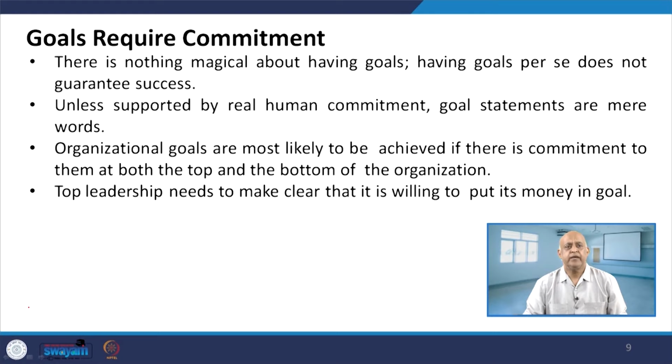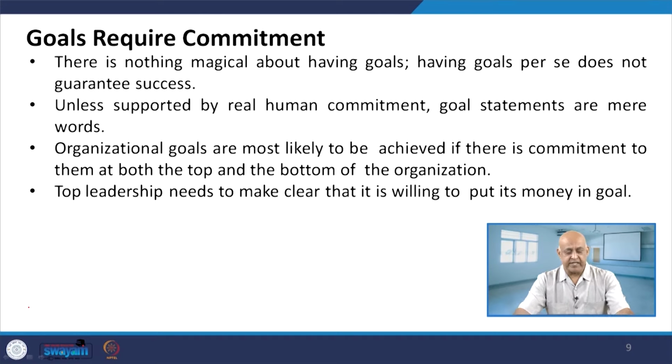Now we have talked about leadership, employee commitment and employee engagement, right. So whenever any goal is decided and it is a challenging goal, as we have discussed, then very high commitment of the employees is required. If the employees do not have 100% commitment to their goal achievement, then many times we find that the projects fail.